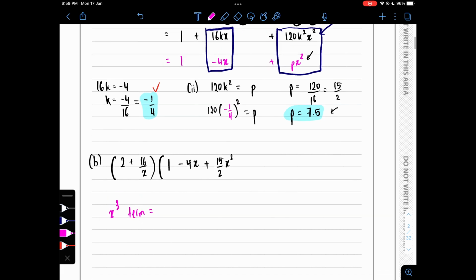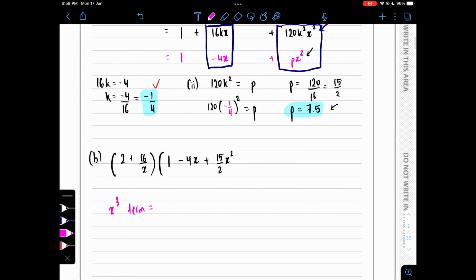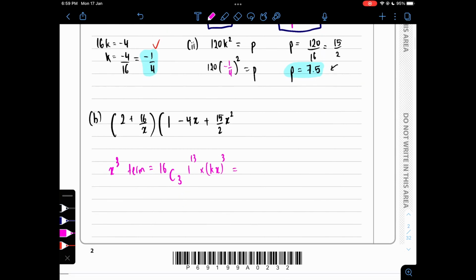So we continue. So this was 16c2 here. So this would be what? This would be 16c3, right? And then what? 1 to the power of 16 minus 3, which is 13, times by kx whole cubed. So that would be what? So what is 16c3 in the calculator? So 16c3 is 560. So 560 multiplied by 1, which is just 1, multiplied by k cubed,